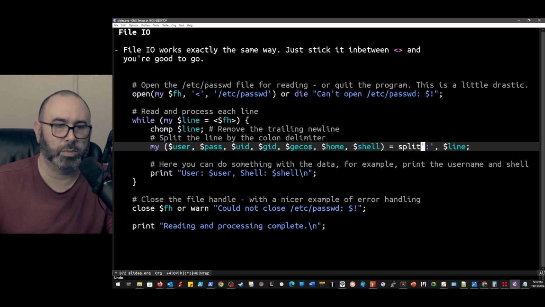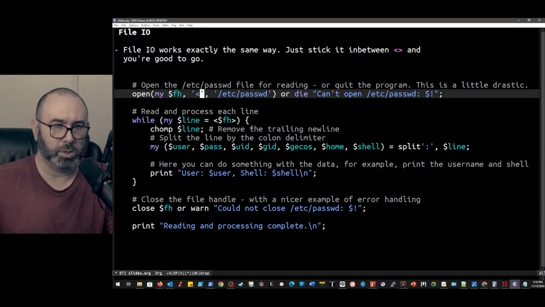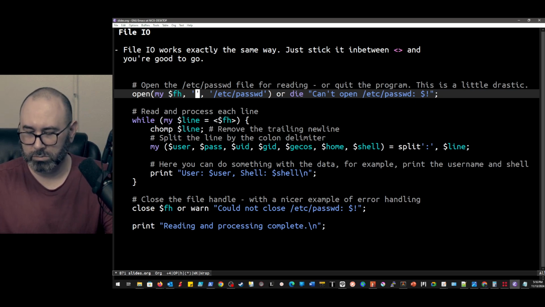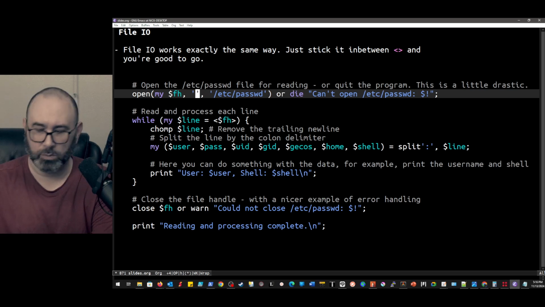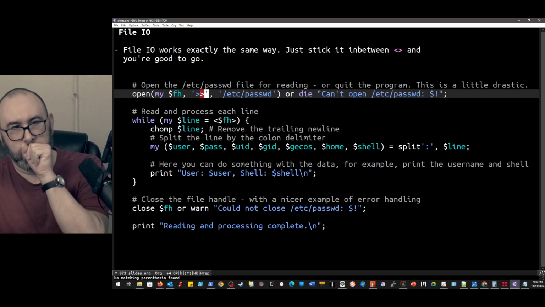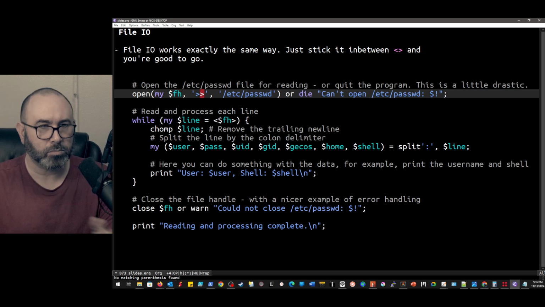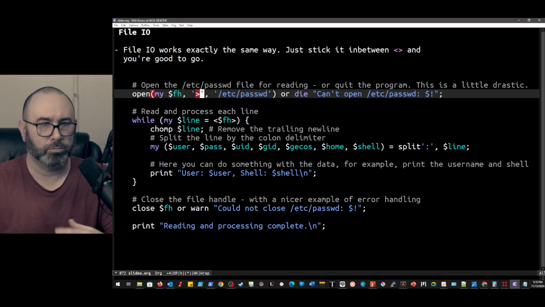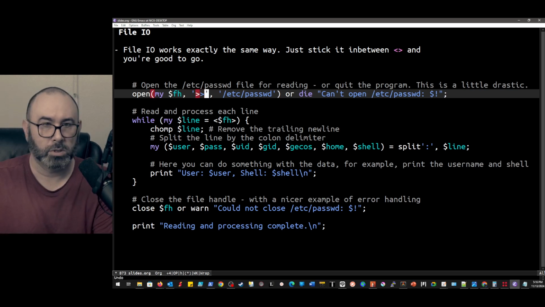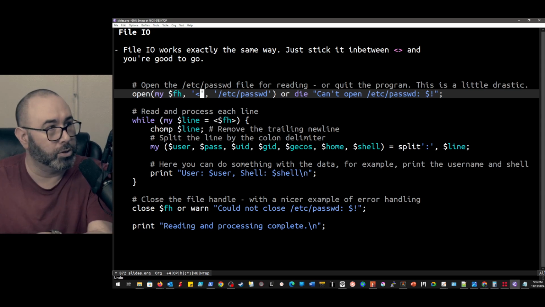So we can then have all those variables from the different fields, and then we can print them out, right? If we wanted this to be something where we're writing to a file instead, we wanted to add to a file, we can have it be the other direction to output to it, right?